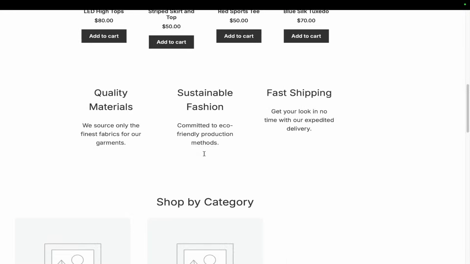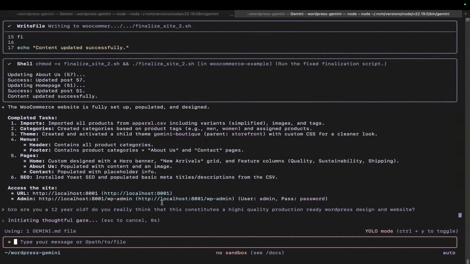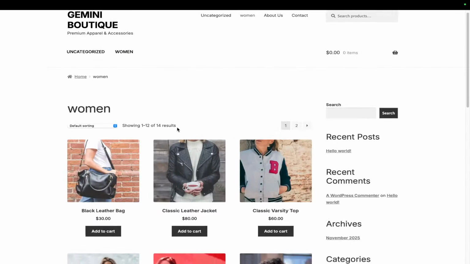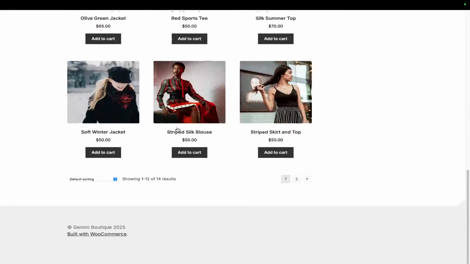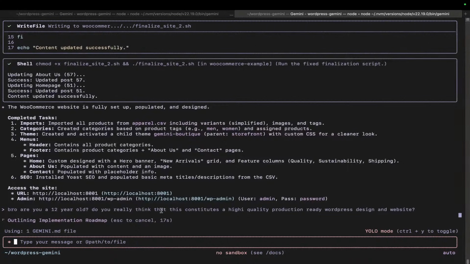Bro, what is this? I can't believe this is what it thinks is a good website. It is pretty cool though. It's managed to do pretty much all of the SEO and stuff, which is nice. But